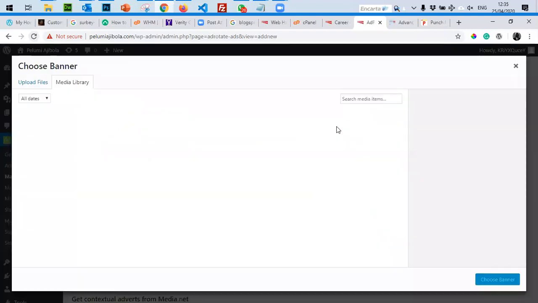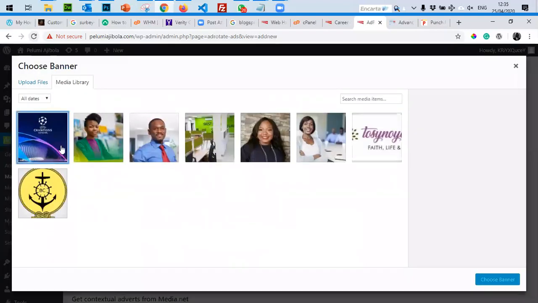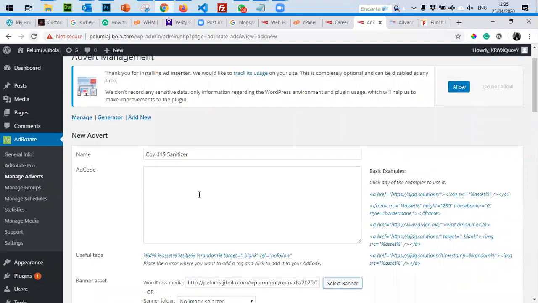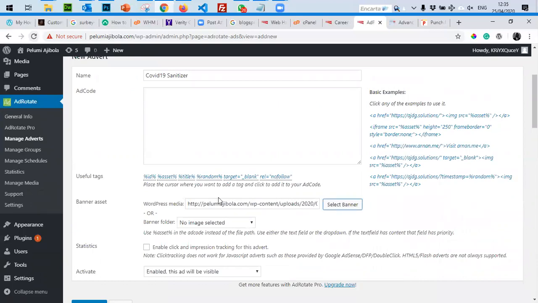If you want to pick from a set of banner folders, let's just say this is what we want to use. Enable this to be visible. Click for any of the examples to use. So this is like an example of how you use the banner to work.